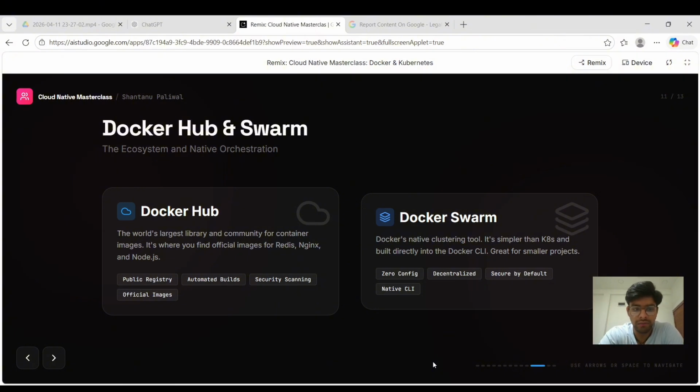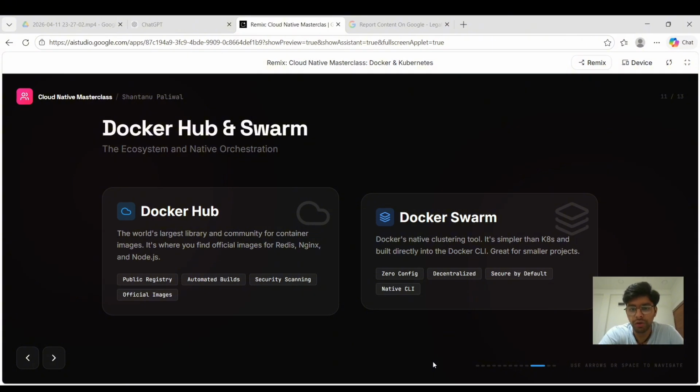Let's start with Docker Hub. Docker Hub is provided by the Docker and its world's largest library of containers and images. You can think of it as GitHub for Docker images, where developer can push their own image and pull the shared images by the others. This makes development much faster, because you don't have to build something from scratch.